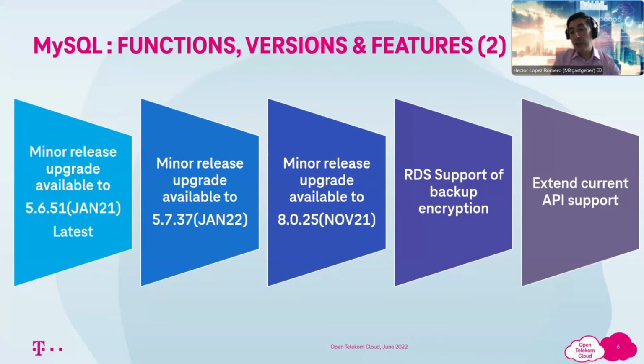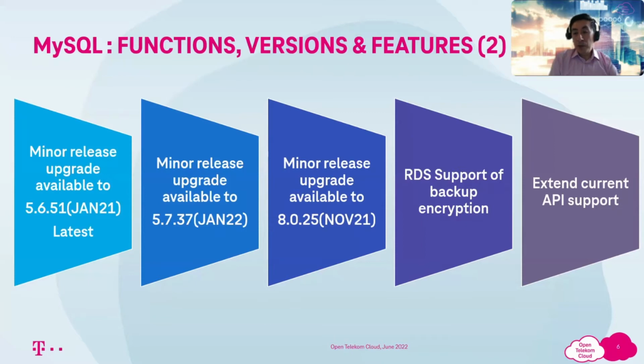Exactly the same happened also this week. So with version 5.7, now we have 5.7.37. This release is from this year, January 2022. So that means if you also have one of these instances that you have already created, just go and update to the minor release. And with version 8, it is then an actual version that we have, 8.0.25. Before that, I think starting this year, we had